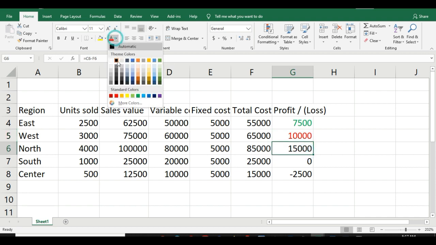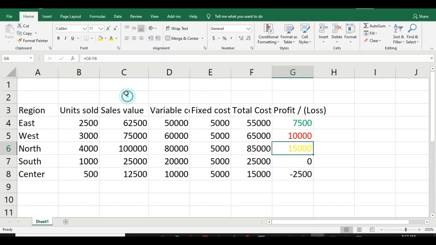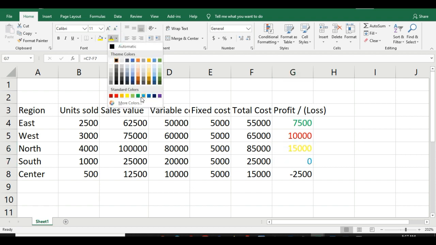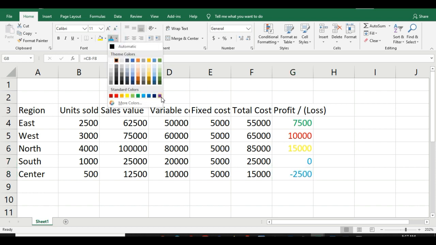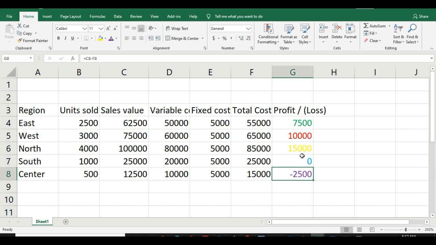North, you want to color this value as yellow. South, you want to color this blue, and center, you want to color this as purple. There are, suppose, some guidelines for your organization that you mention these regions with these colors. Now you want to